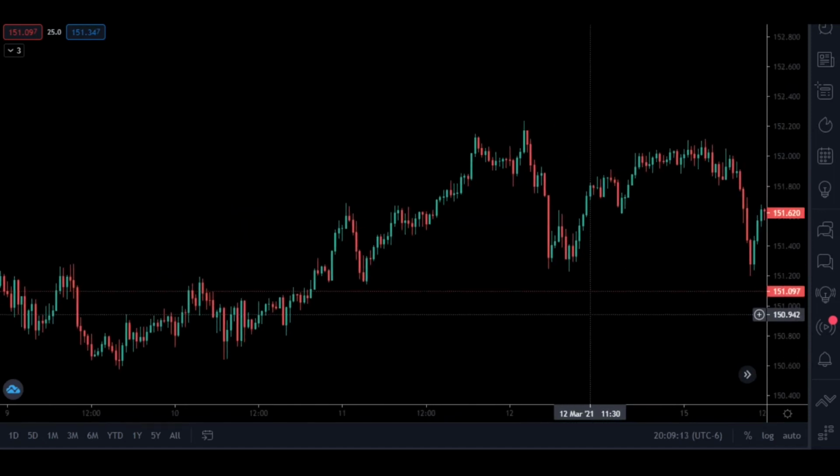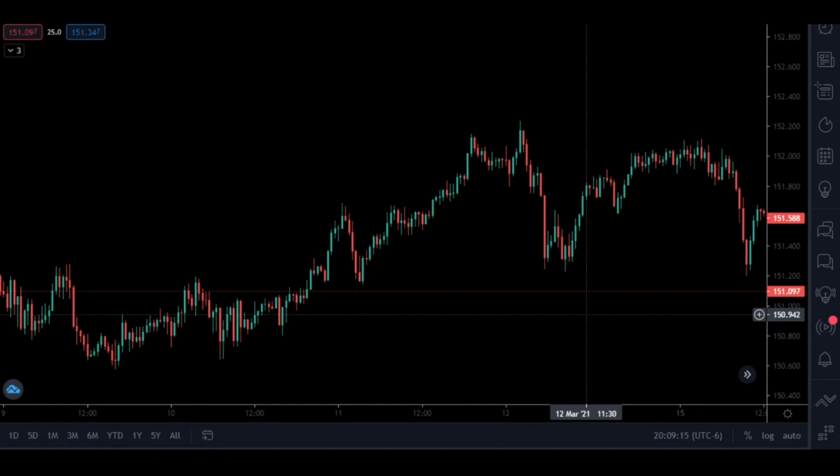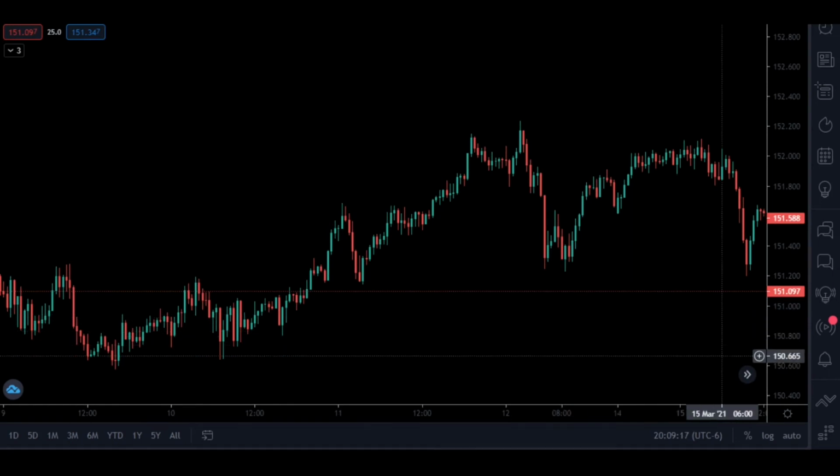Example number one. First of all, this works in every time frame. Why? Because the market is nothing but fractals. So you can go to the 5 minutes, 4 hour, 30 minutes, whatever. It's gonna work exactly the same. You just need to have a good grasp of market structure and price action. So you have to train